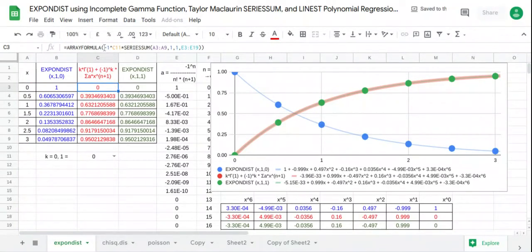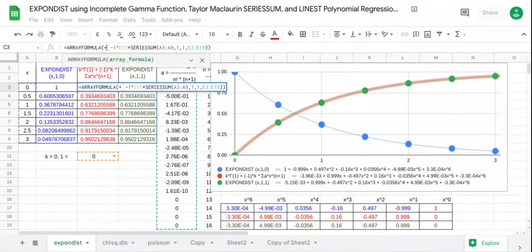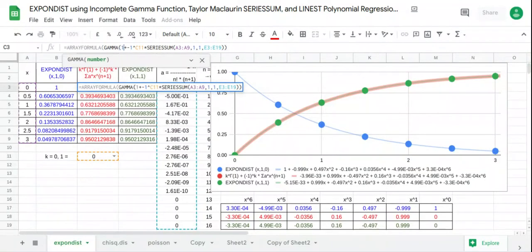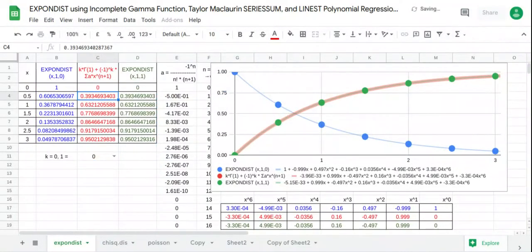Next, we factor in plus. That is plus k times gamma 1. So gamma 1. And this is multiplied by k. Then enter. So if k equals 1,